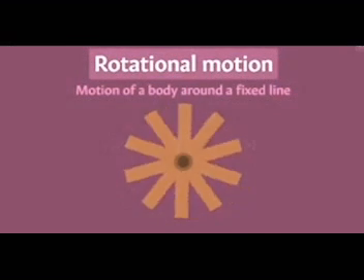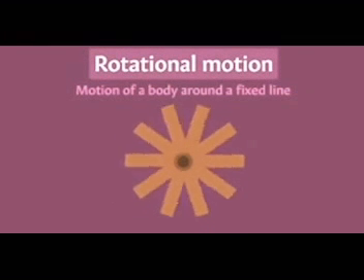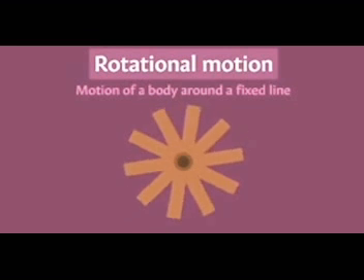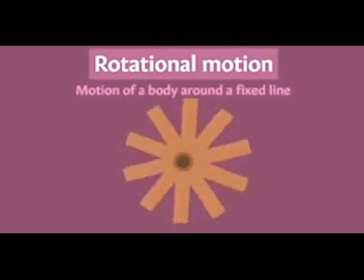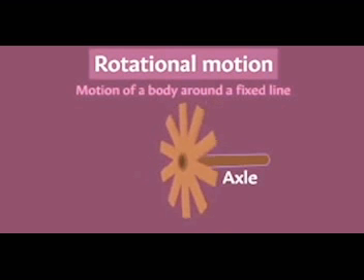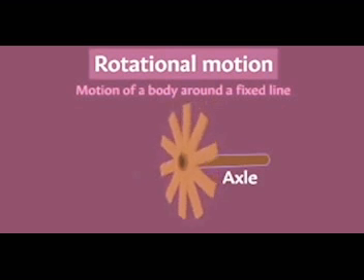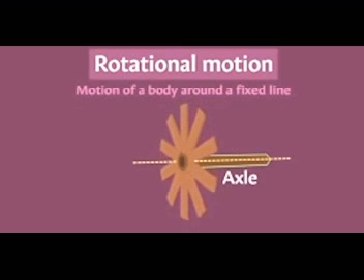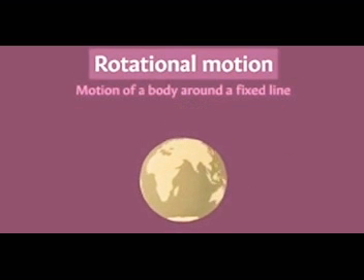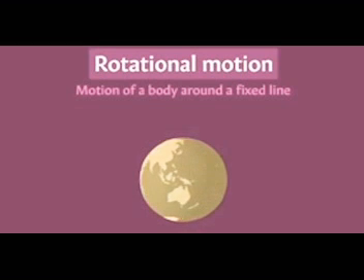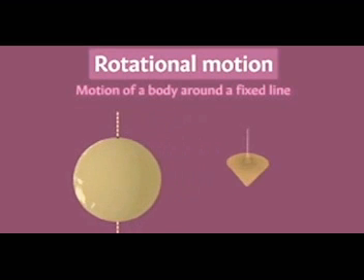First, we use the word rotating because it's performing rotational motion. What is the axis of rotation in this case? Yes, it lies on the axle of the wheel. So the wheel is also undergoing rotational motion about this fixed line. Other examples of this type of motion can be the Earth spinning around its axis and a spinning top.